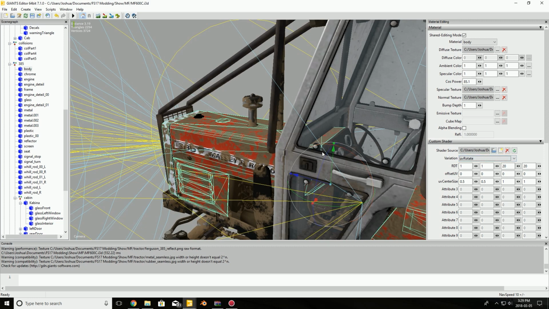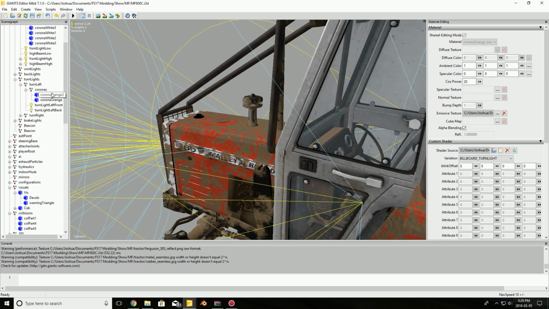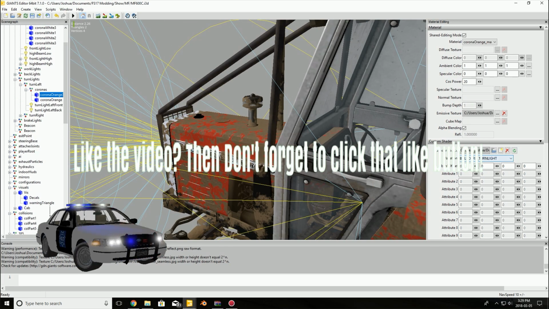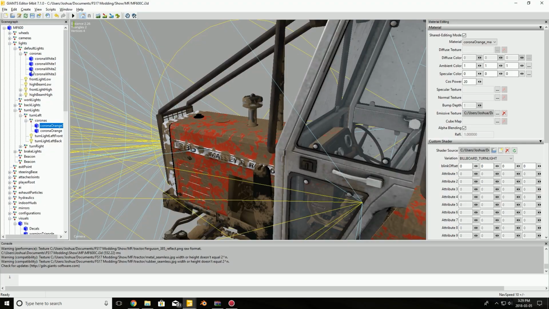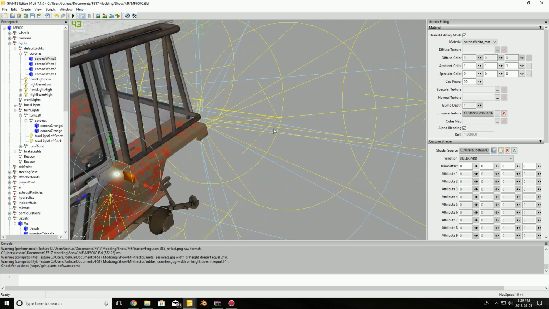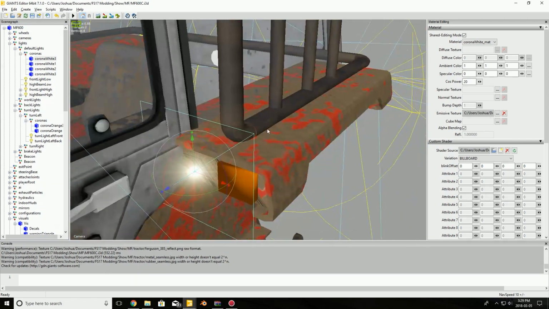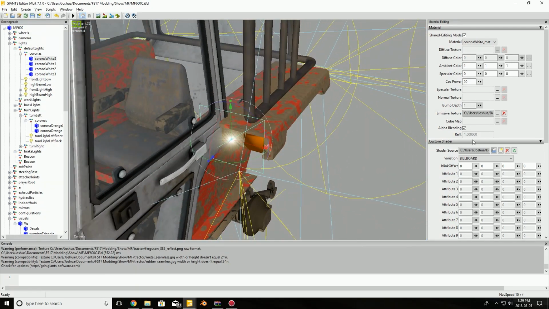Okay, so now let's take a quick look here at the variations and shader, Emissive Light Shader for Coronas here. Okay, so here we have our Corona. It's a white Corona. I believe I did go into this more in depth in one of my other videos, which I'll link in the description. I believe it was on lights, Coronas possibly. But basically,